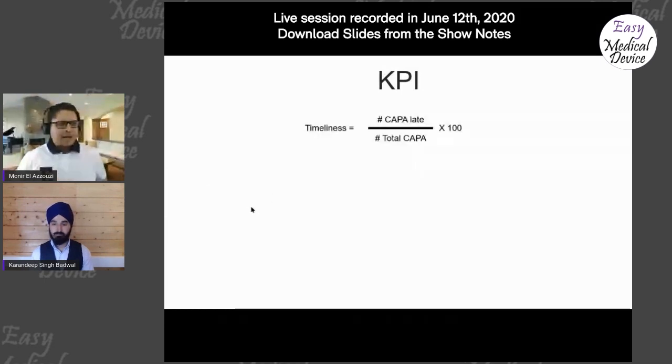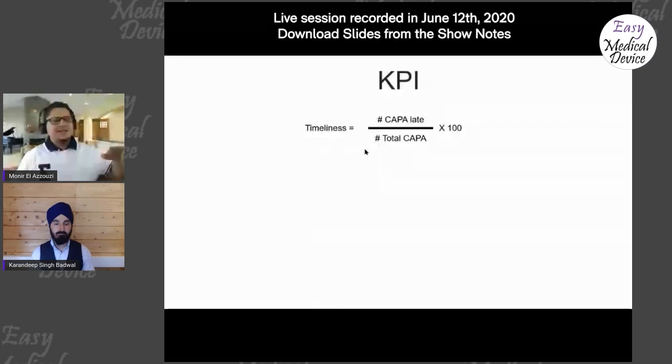Let's talk, for example, about timeliness. Timeliness is the time between the time you open the CAPA and the time you finalize your investigation and provide, for example, the action plan that you have to do. As a KPI, we can say we have the total number of CAPAs that are in this timeliness period and how many CAPAs are late. So are more than, for example, we talked about 45 days. If 45 days is the limit, and there are more than 45 days, for example, we have 3 CAPAs that were